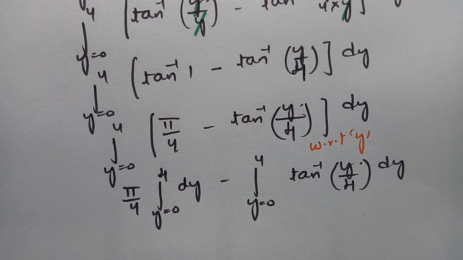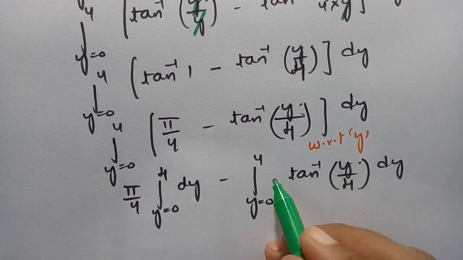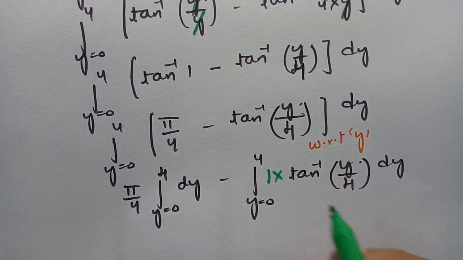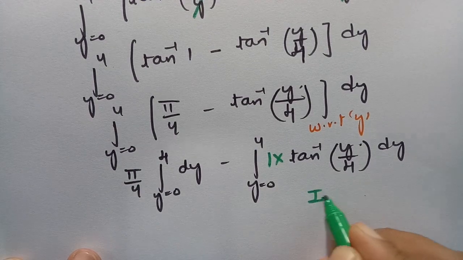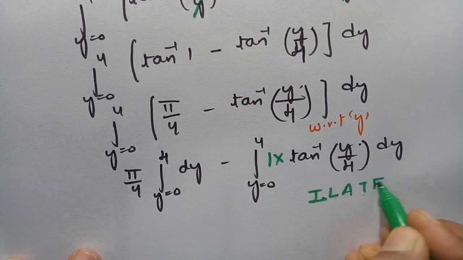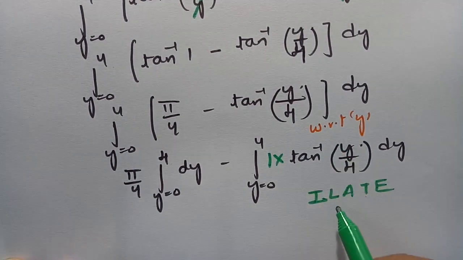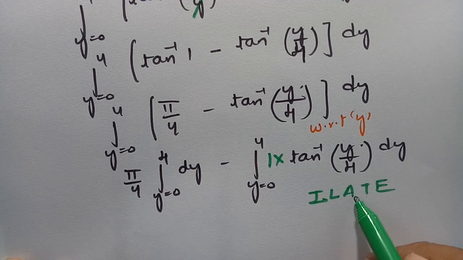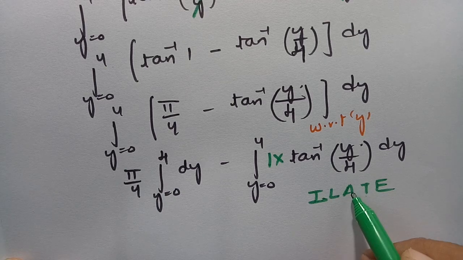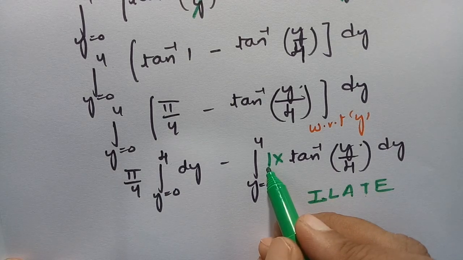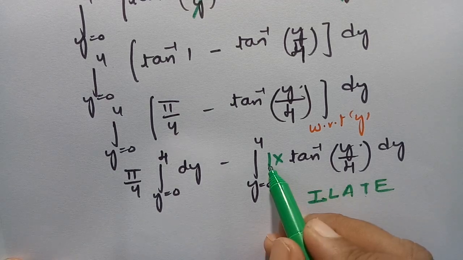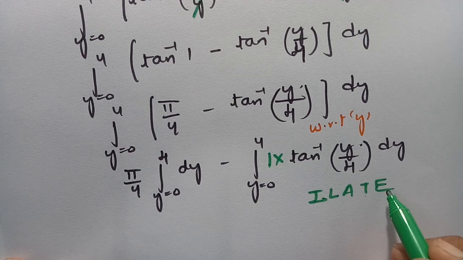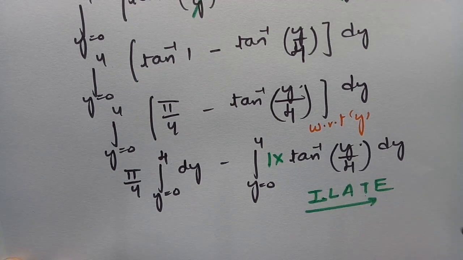So this is integration by parts. So I have to do tan inverse of x as 1 into, I have to write as 1 into. So what is u and what is v? So this is ILATE, I-L-A-T-E. I means inverse trigonometric functions, L means logarithmic functions, and A is algebraic functions, x square, x power 4. So 1 will be x power 0 and this is an algebraic function, and T is trigonometric functions, sin x, cos x, tan x, and E is exponential functions. And this is the order we have to follow.